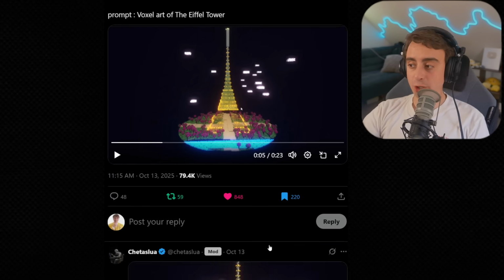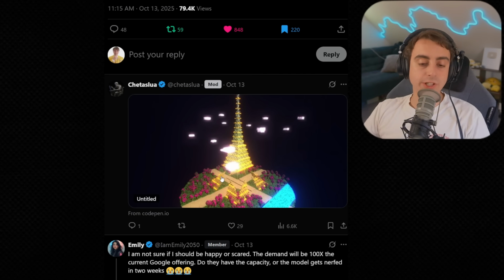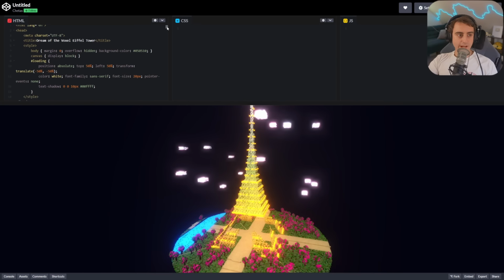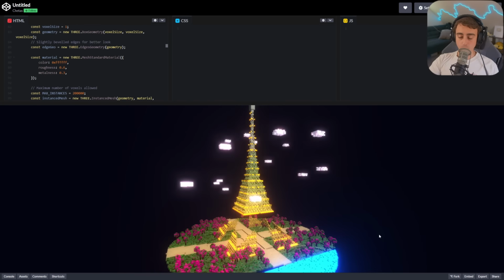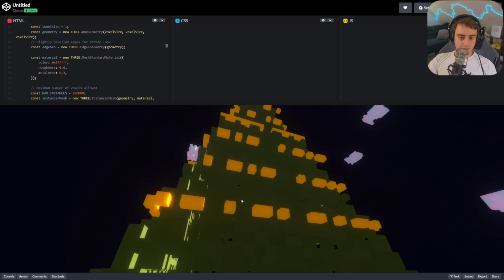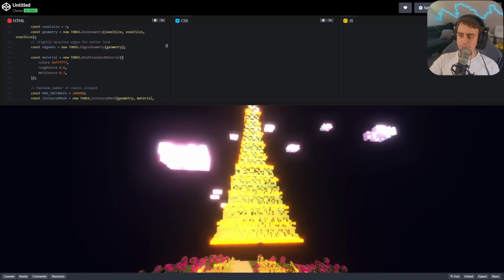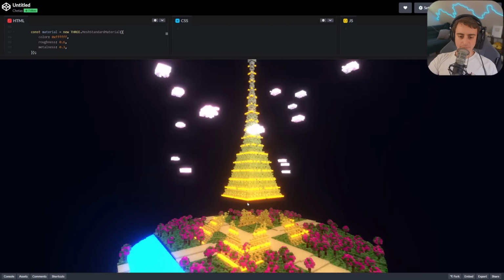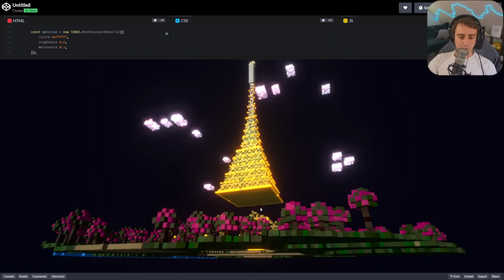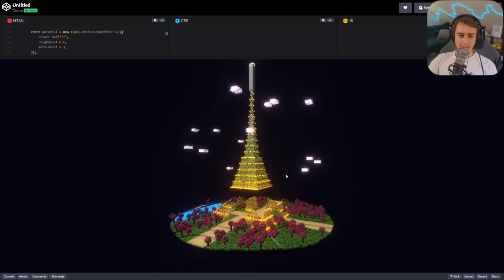inside the Eiffel Tower. Also, we do have direct access to the code that Gemini 3 supposedly generated for this. You can see all of the HTML in CodePen, and you can take a look at the 3D model for yourself. It's all here. This is a crazy understanding of 3D space as well as real-world objects at the same time. Being able to create something like this with code, I can't even begin to explain what that actually entails inside